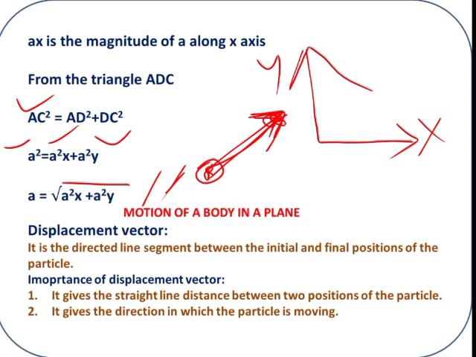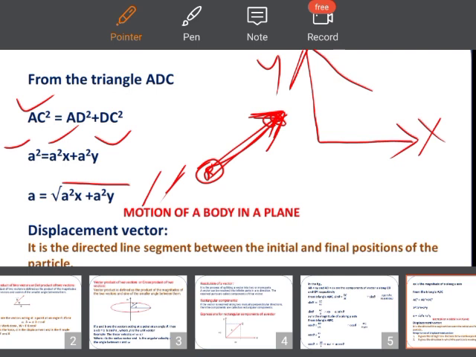Importance of the displacement vector. It gives the straight line distance between two positions of the particle. It gives the direction in which the particle is moving. So these are the two importances of the displacement vector. Next one,